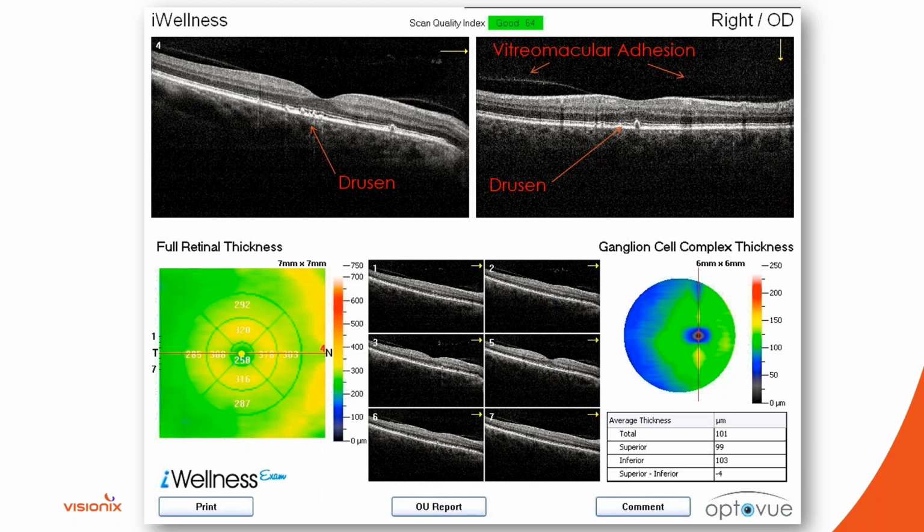I don't believe that that's the reason why the patient is having reduced vision. Those tend to be asymptomatic. And then the patient has some outer retinal disease as well. You'll notice some undulations at the level of the RPE, which are essentially drusenoid deposits. This is a fairly young patient to have drusenoid deposits, and these are so small that we're not picking up on them